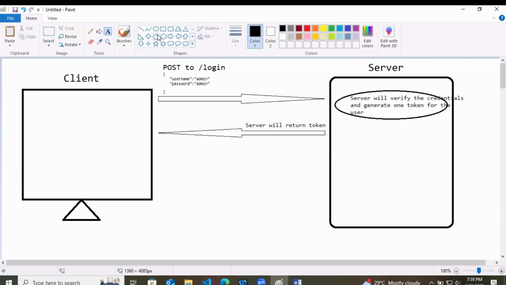Now what will the client do? Here the client is accepting the token.